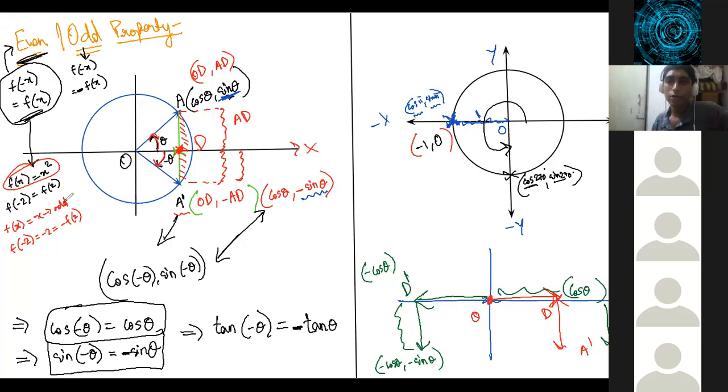Sir, because even in an even function, are we raising that number to an even power? Yes, very true. If you raise it to an even power, it becomes an even function, and if you raise it to an odd power, it becomes an odd function. But it's not always necessary. For example, cos is not raised to an even power, but still it's an even function. And you have many more examples.